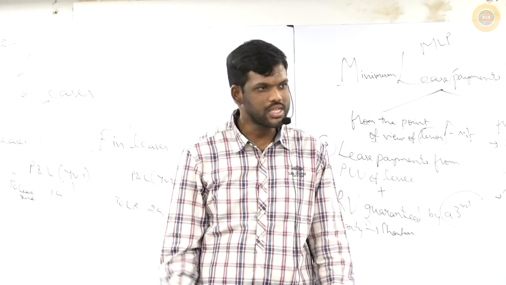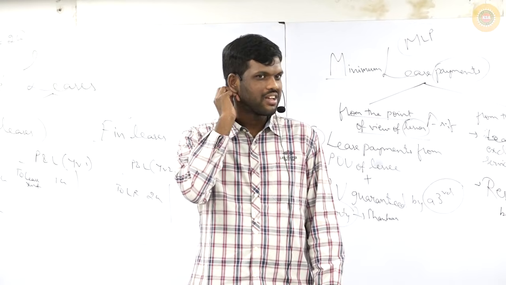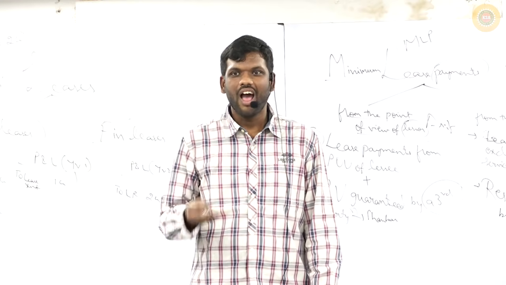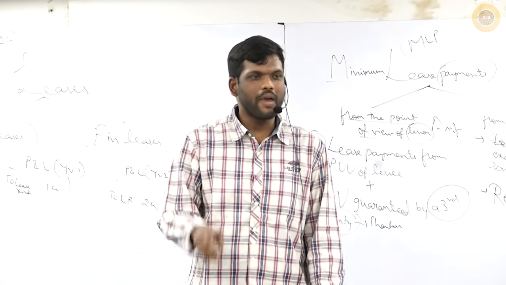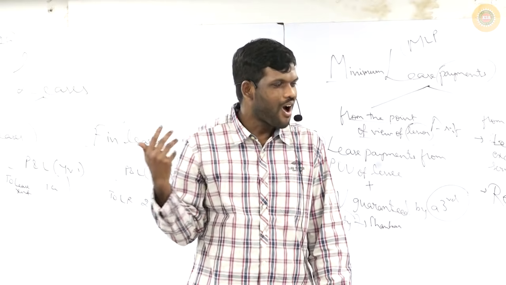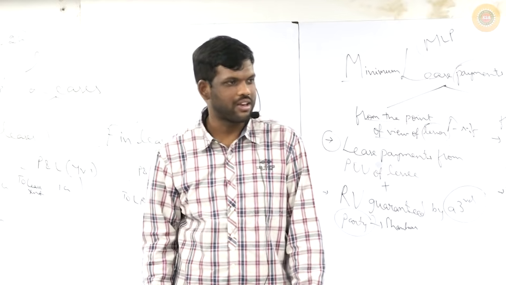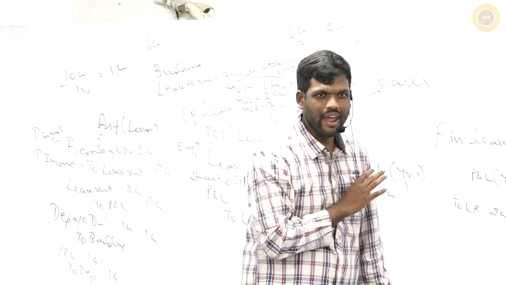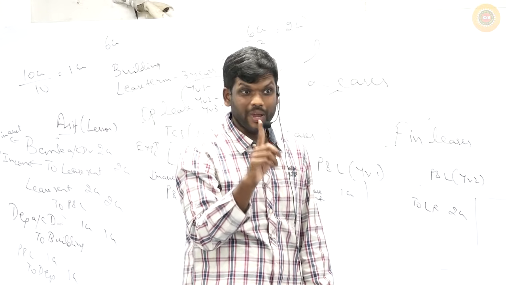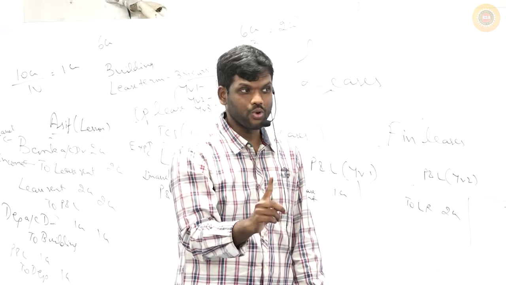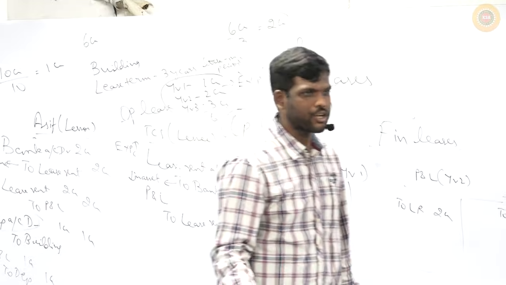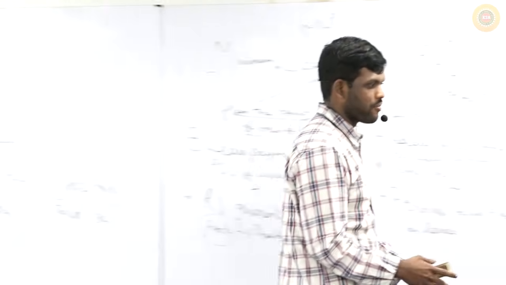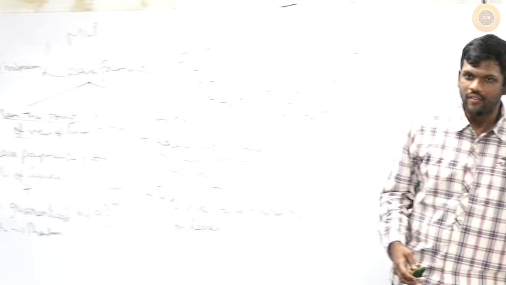Who says so? AS19. I say, hey, I am paying only 1 crore. Gautham, look here, I am paying only 1 crore. How can I take 2 crores to P&L? AS19 says, I will tell you the accounting, you see. How much should go to P&L every year? 2 crores. Irrespective of whatever I pay, I should take 2 crores to P&L. AS19 is very clear on that.